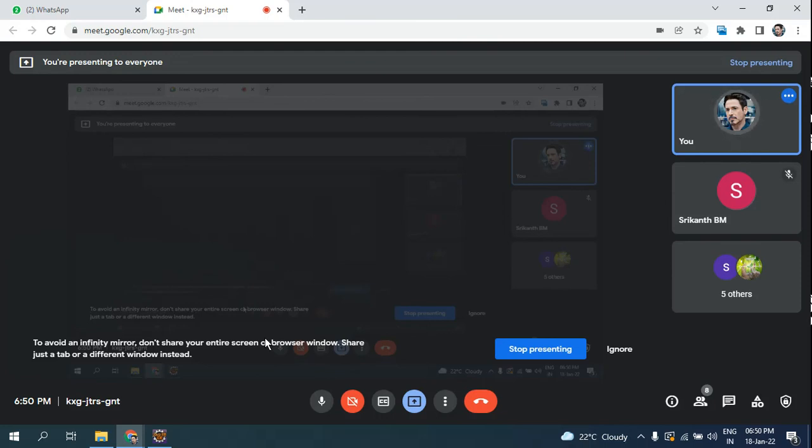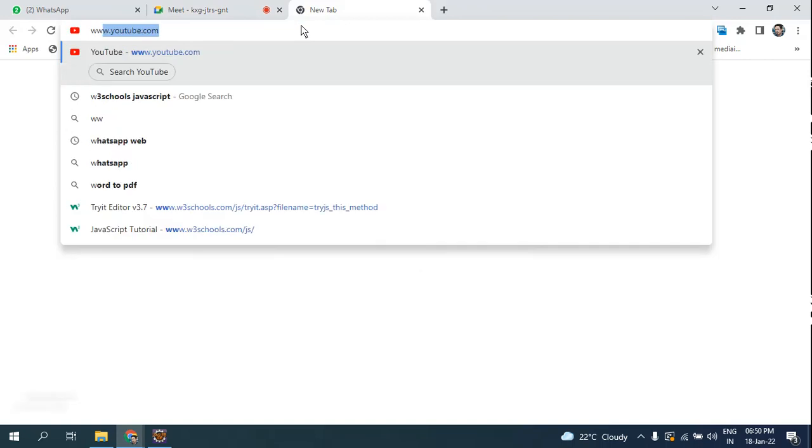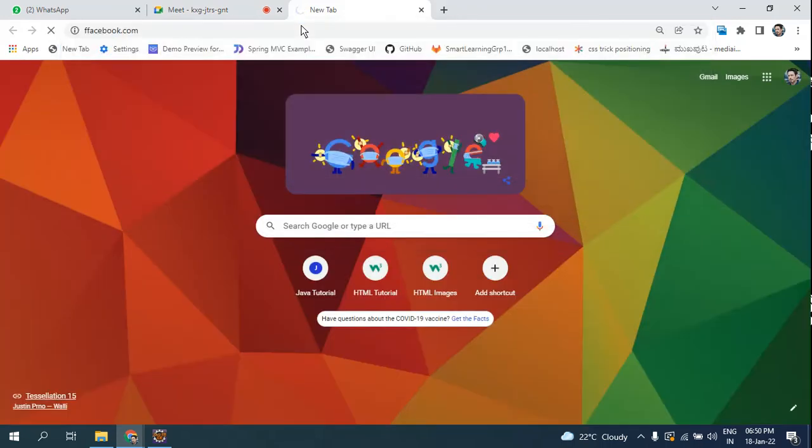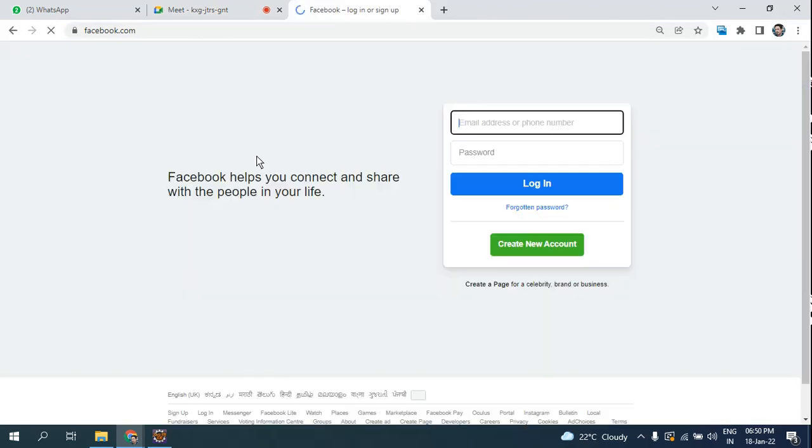UI and UX. We have user interface, user experience, that can be built by, look here, I will show you here, www.facebook.com. So this is front end. Whatever you are going to see here, right, this is front end. Look here, this form, this is a form of HTML tag. So this is what we call front end. For this page to display here, we are going to use HTML, CSS, JavaScript, and for designing we are going to use the Angular framework or React library. So once you log in, right,